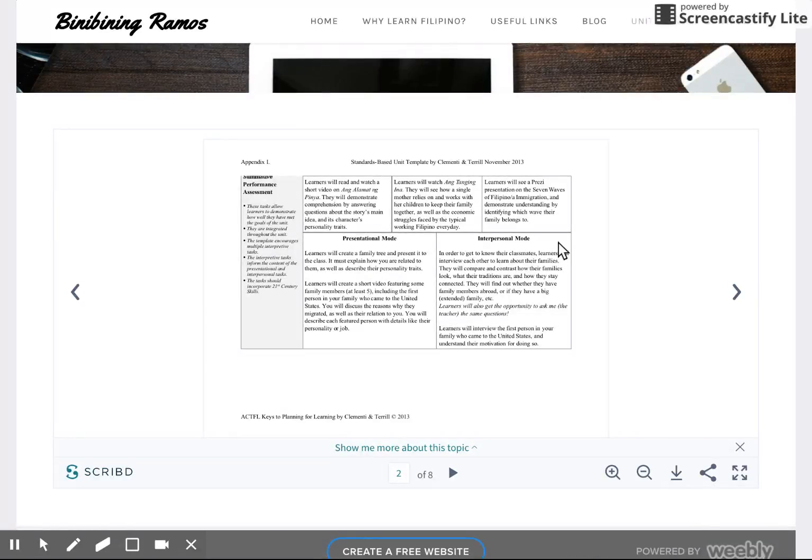Once they feel like they can open up to each other, the interpersonal assessment would push them to ask each other relevant questions about their respective families, and I also wanted to open up the space for them to ask me as well. I feel like as teachers, we often forget that we are a part of the classroom community, and I think that it is important to incorporate opportunities for us to be able to make those connections explicit